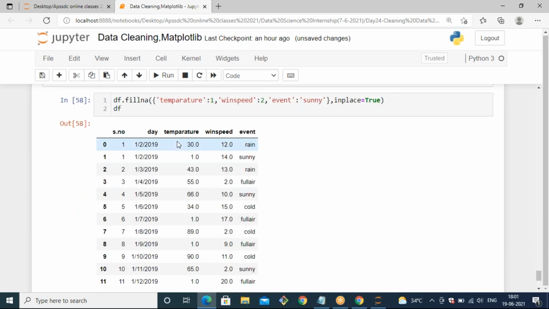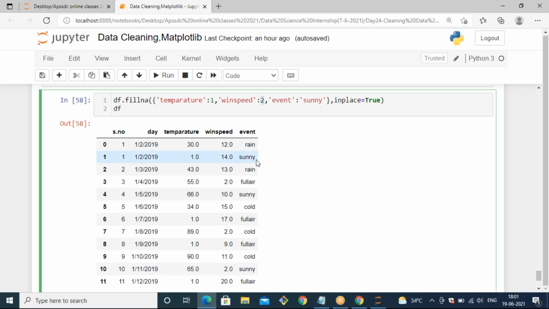Now you can see all the NaN values in temperature are filled with 1, all the values of wind speed are filled with 2, and all the NaN values in event are changed with Sunny. Like this, instead of removing the entire row of NaN values, you can use fillna. With that, you can fill the NaN values and then use the data.